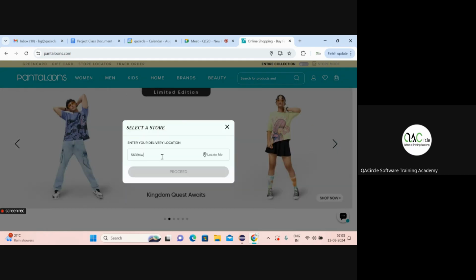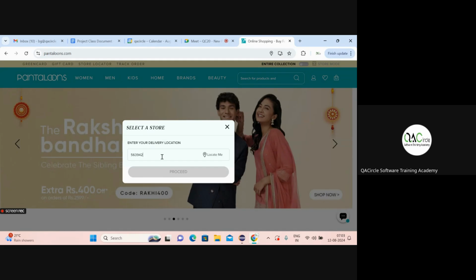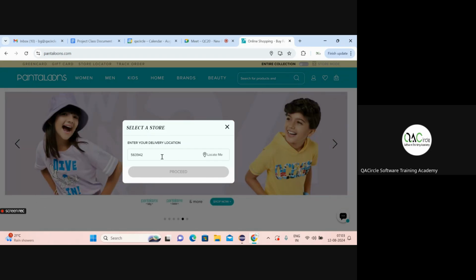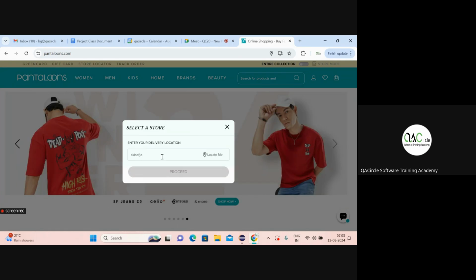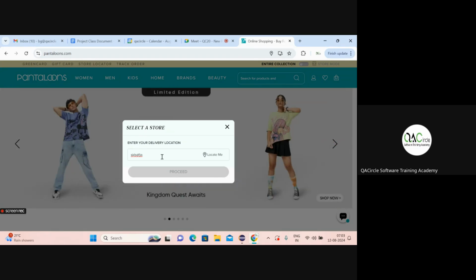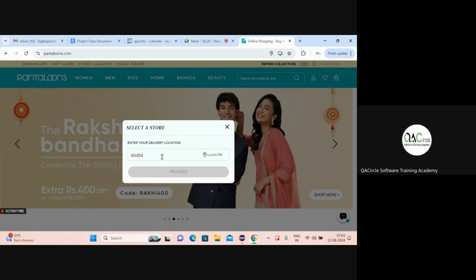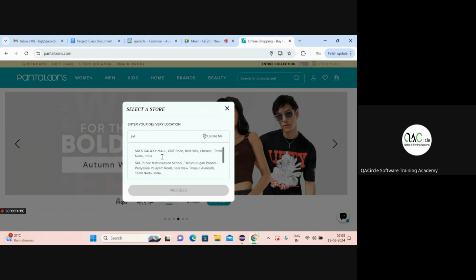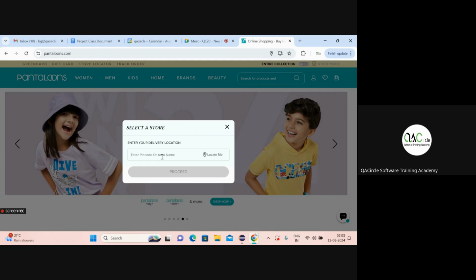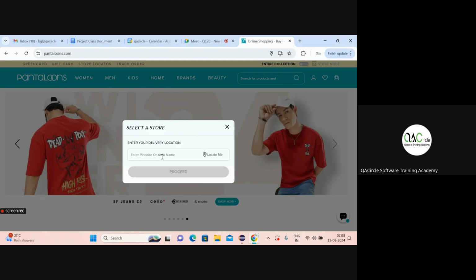Right. So I just gave some random number, correct? There is no Pantaloons store available in this particular pin code, so I did not get any option. In the same way, I just gave some random location name. There is no Pantaloons store available, so it did not give me any list of stores, correct? So I can locate a Pantaloons store based on pin and based on the area name,